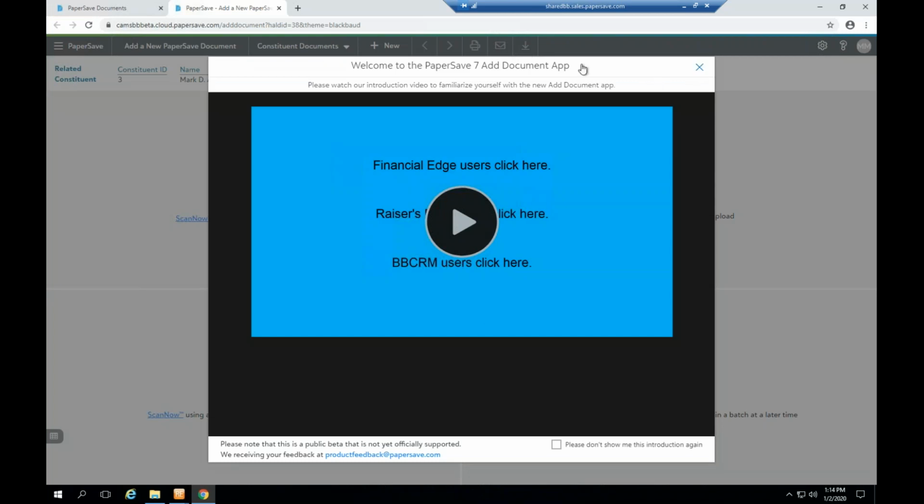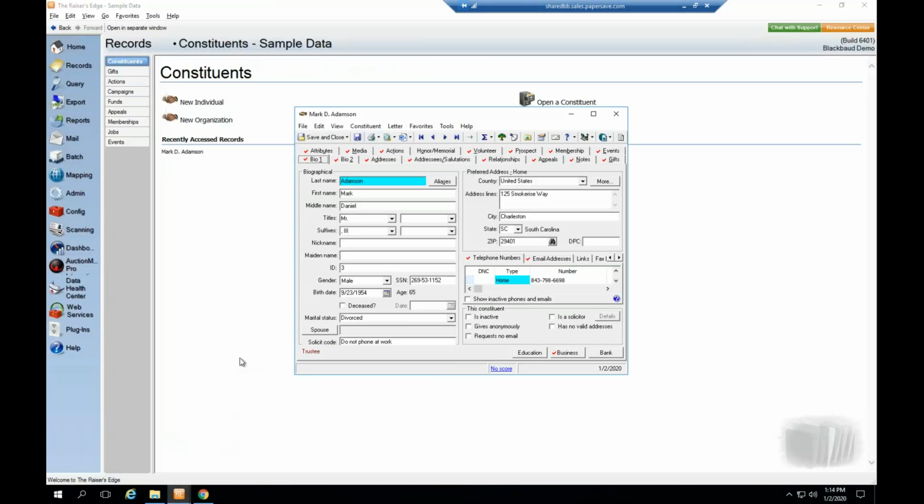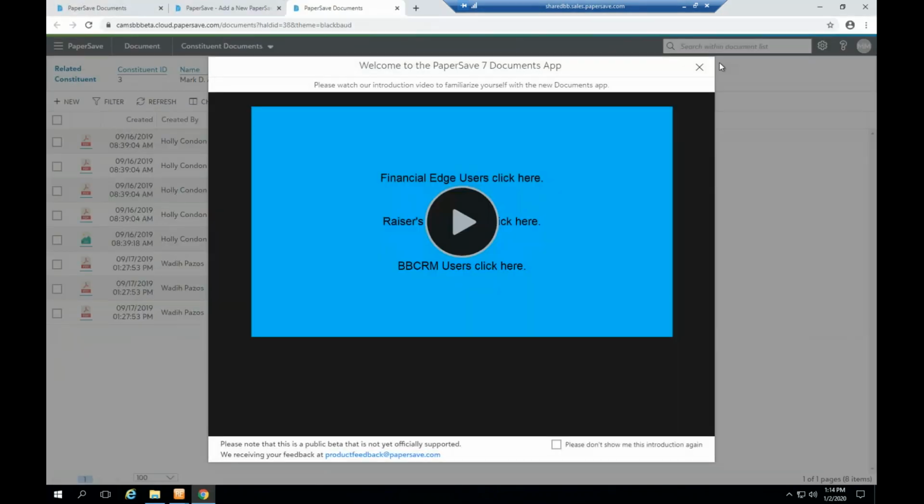So let me log in real quick. So for example, I hit the Add a Document option, and it brought me to the Add a New PaperSave Document window in my default browser. Now, I'll go over each one of these options, the different ways that we can add documents, in just a moment. So if I go back to the record and I hit Show Documents, it'll open up in my default browser,